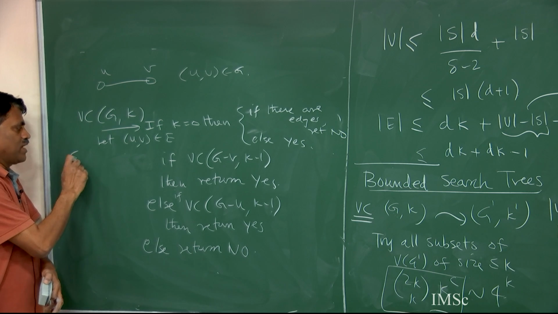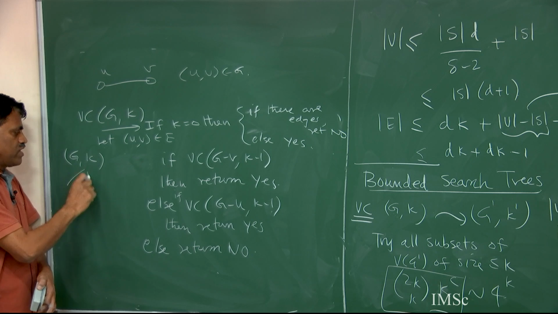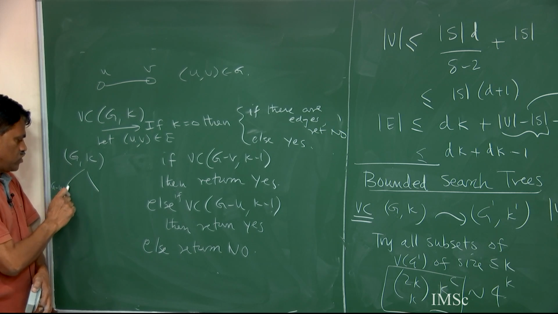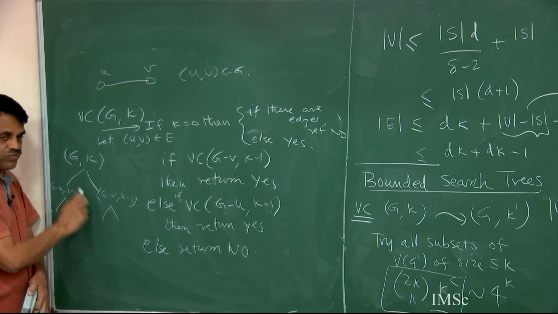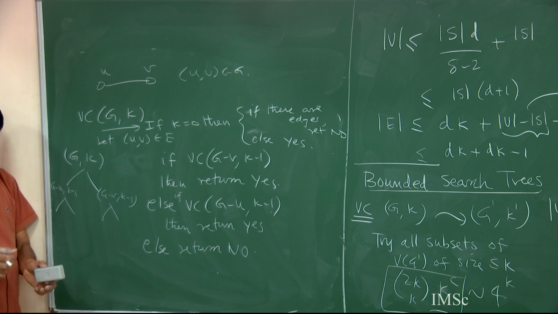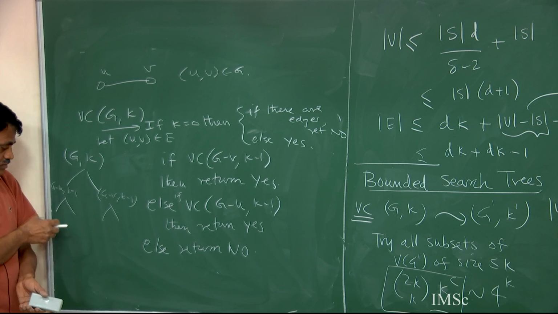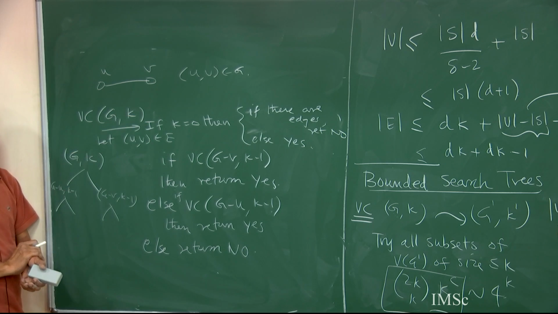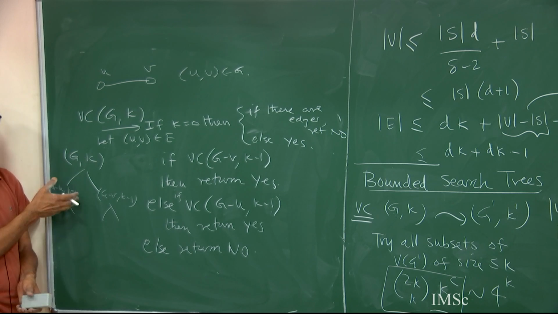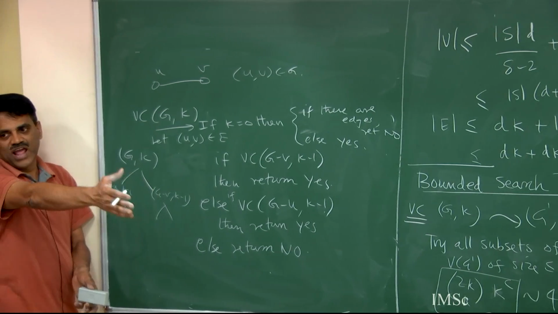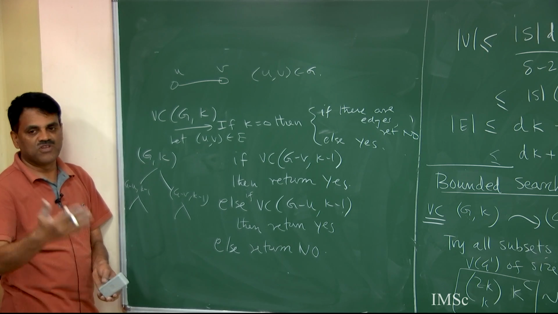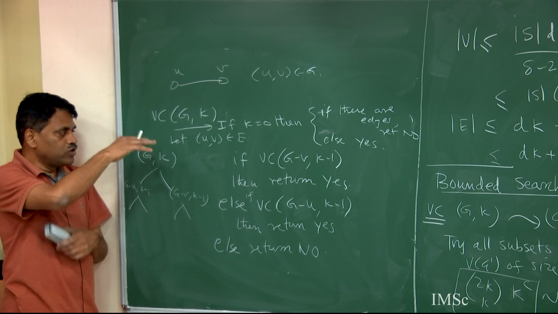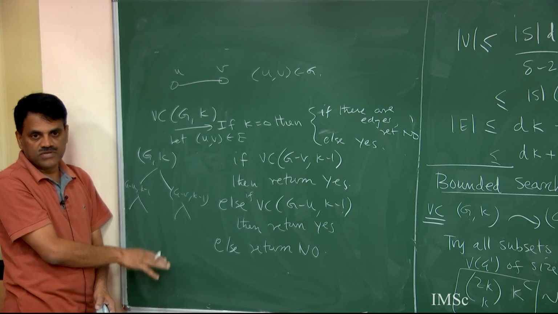So imagine in my solution I have a G, k where I try u or v, and it goes on. What is the height of this tree? k. Because k drops at each level, the moment k equals 0, you are going to get out and do something. In each node you are spending some polynomial time, looking for an edge, picking a vertex, deleting it. These are all trivial, maybe linear time. So this is like a 2 power k algorithm, 2 power k times